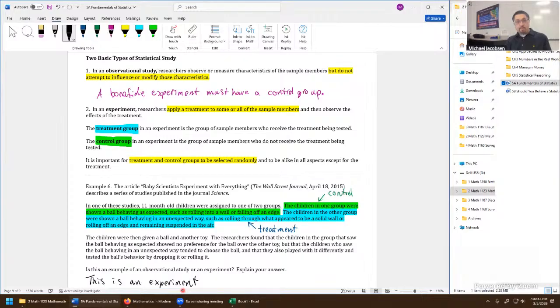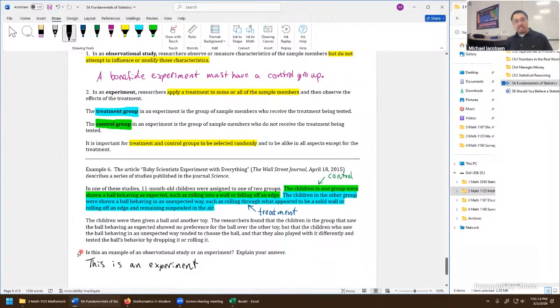We need to justify this explanation. We're going to do that by just looking into what makes an experiment. But first, let's think in terms of, it wasn't observational because in an observational study, we do not attempt to influence or modify the baby's behavior, is what we mean by characteristics. But here we absolutely did. We tried hard to modify the baby's behavior to cause a change in what they were going to do. So we can say this is an experiment, either by framing in terms of the observational study, like we said, or you could just say, because